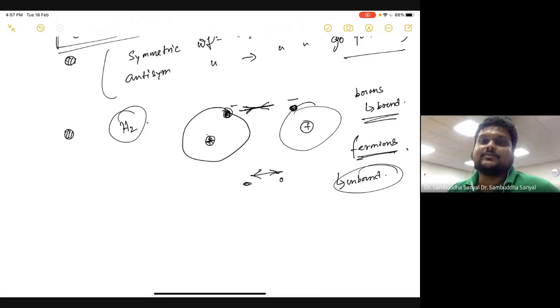Yeah, that's a good point. In fact, this is true, because if you want to give a full account of this problem, you need to take into account more things. If 2 electrons come close, then you have to account for the fact that they are both negatively charged, which means there will be a Coulomb repulsion, right? Yes, sir. But we are somehow not saying anything about that. By that logic, no molecule will be stable. At least the hydrogen molecule will not be stable. So that's a problem.